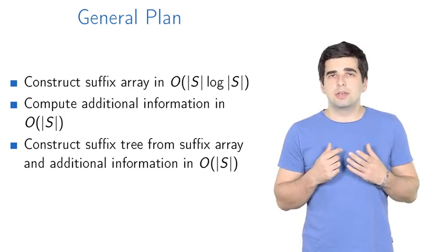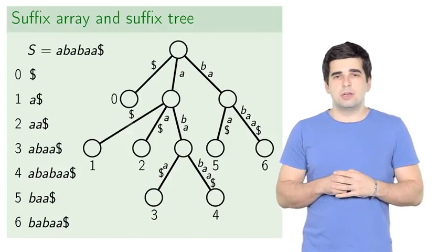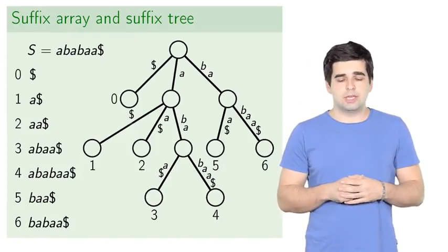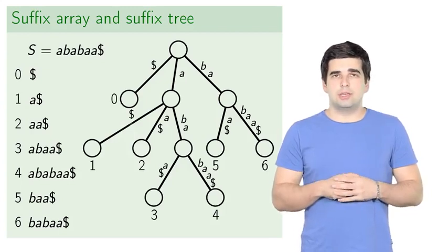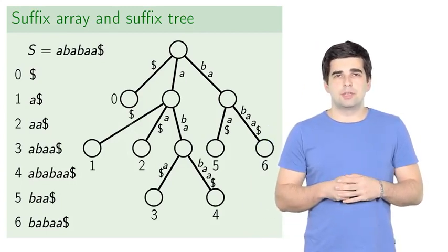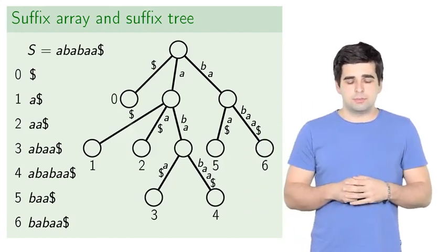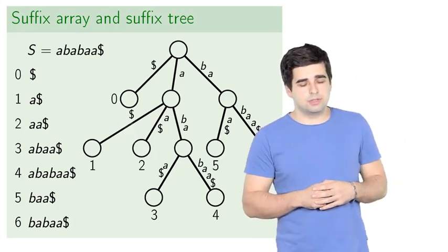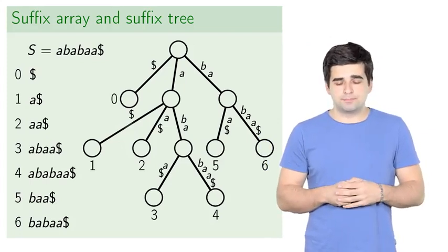But in practice, in general situation, we don't want to do that. Instead of comparing the cyclic shifts directly, we compare the pairs of numbers written to the right of them. And we see that the pair 1, 0 is different from the pair 0, 1. We do this comparison with just 2 comparisons of numbers, instead of comparing full cyclic shifts. As this doubled cyclic shift is different, we need a new class for it, and we assign it class 1, and we write it into position 5 because